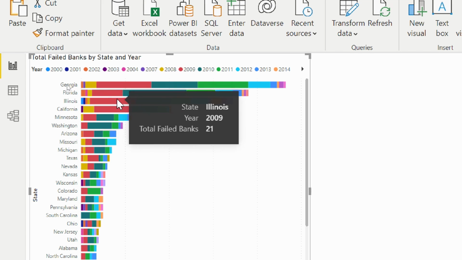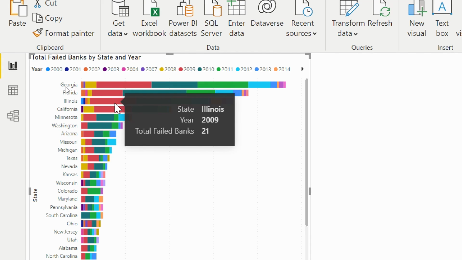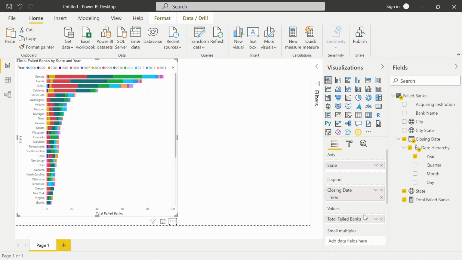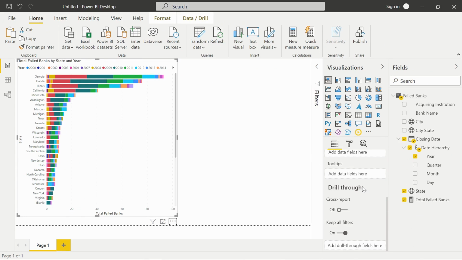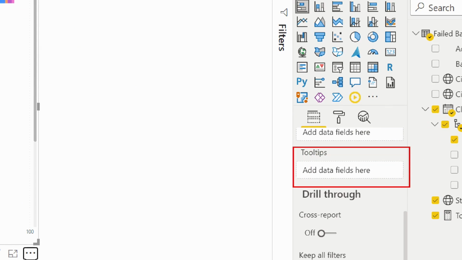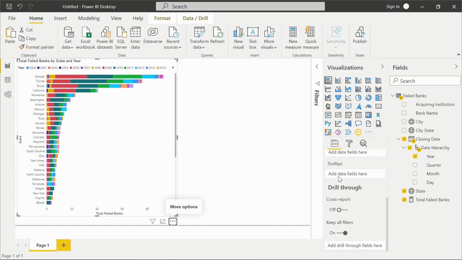Once again, as this is being run though, all of these columns are being targeted. You can add additional tooltips inside of your visual in the tooltip section, but once again, the more columns you add into this tooltip section, the lower the performance is going to be. So to give us a better way to report on this visual itself, we're going to create a report page